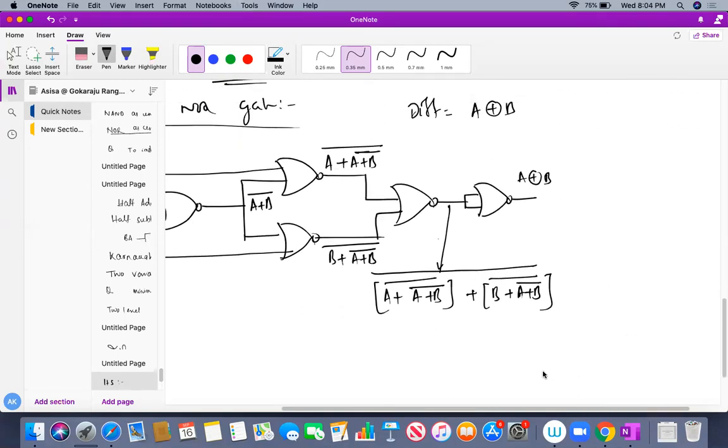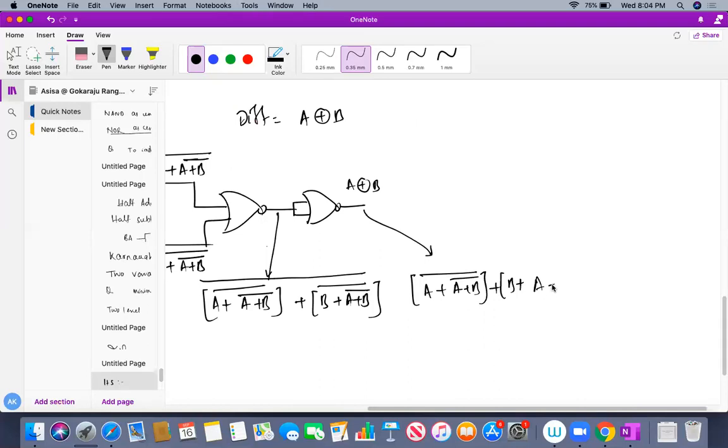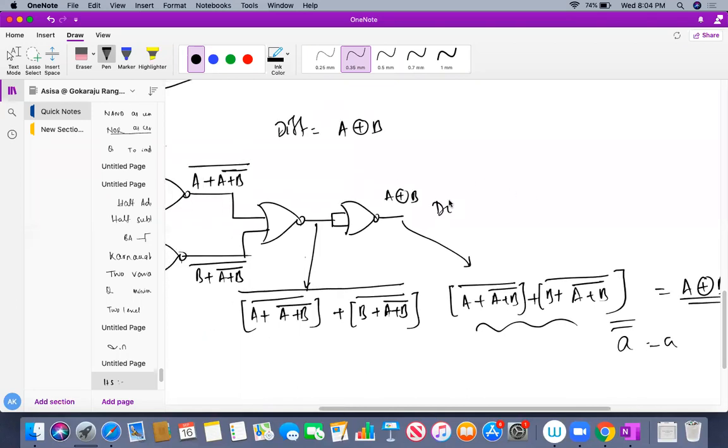Then finally what I am going to do, if I am going to put a not gate, what I will get actually here, I am just going to remove this not gate over here. So I will get actually finally A or B bars bar or B or A or B bars bar. Okay, this much only I'll get. Am I correct? Because I have removed this using a not gate, so simply I can put one more not gate over here. So not gate cancelled by using the involution theorem. A bars bar is A. So if I can prove that this will be my A XOR B, then obviously this is my difference. I can claim that this will be my difference.